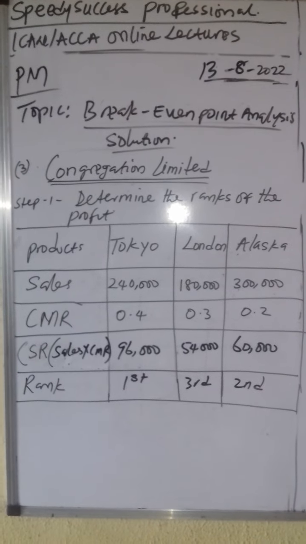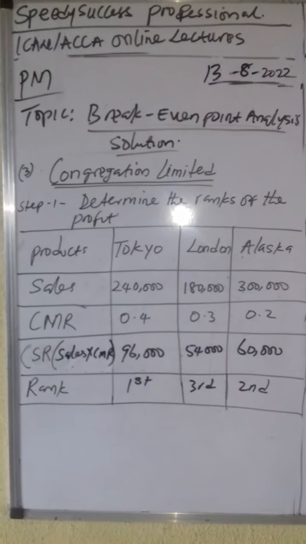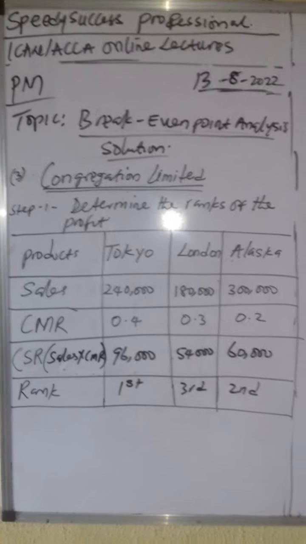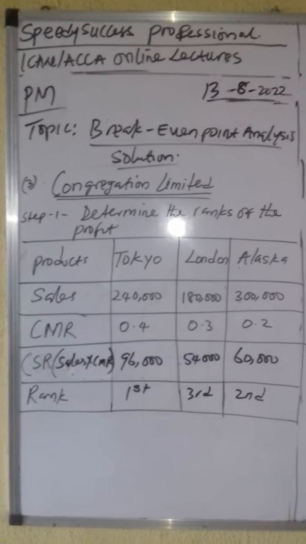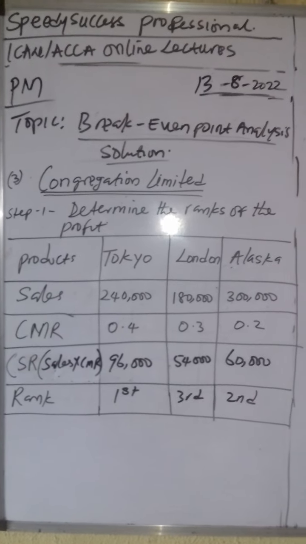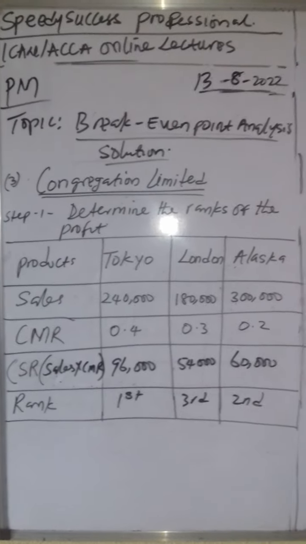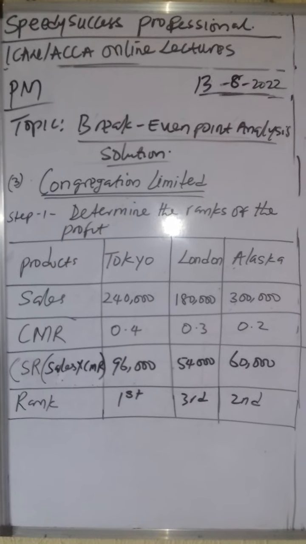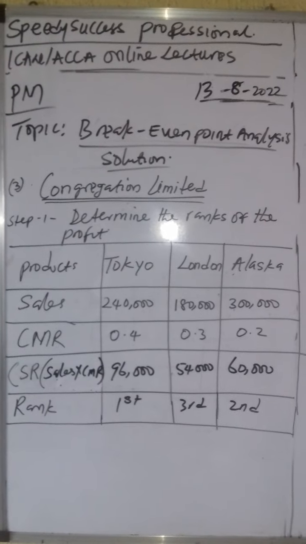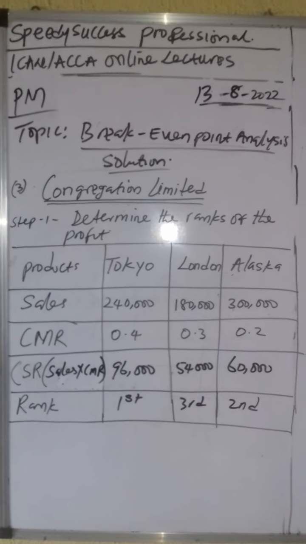And in this class, I want to quickly show you how to solve multi-product questions as seen in our question. Now, step 1 is you determine the ranking of those products. For many of us, we know that product scheduling is based on contribution. And the examiner gives us all of this information. So you write